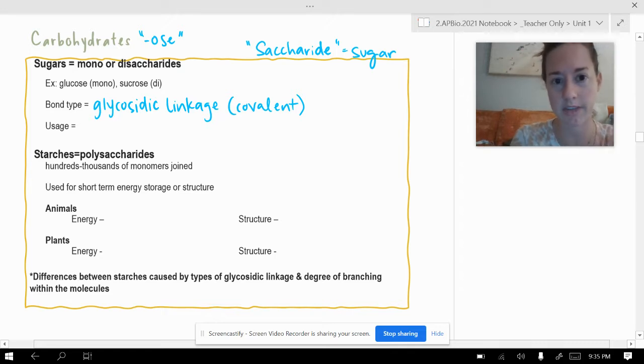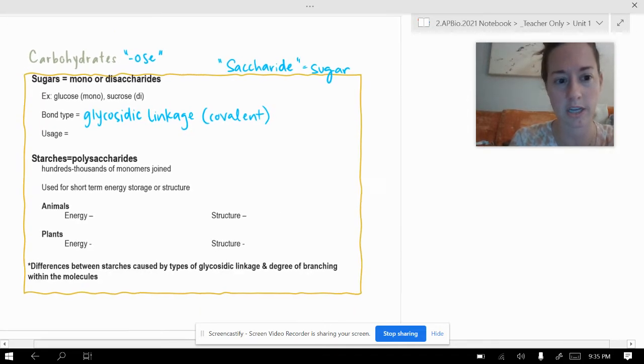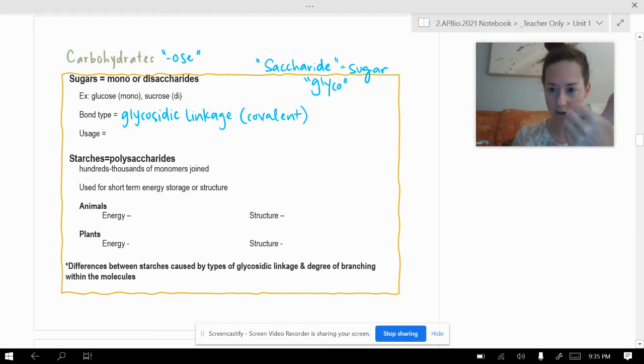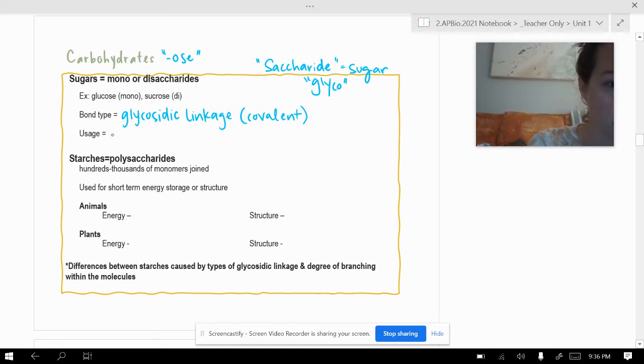Another hint that something you're talking about is a sugar is glyco. I'll just put that here, that glyco is also going to be sugar related. So saccharide, glyco, or ose, you're like, yeah, this is a carb, which should be a helpful hint for you. Okay, simple sugars are used as short-term energy sources for living things. That's their number one use. So short-term energy,